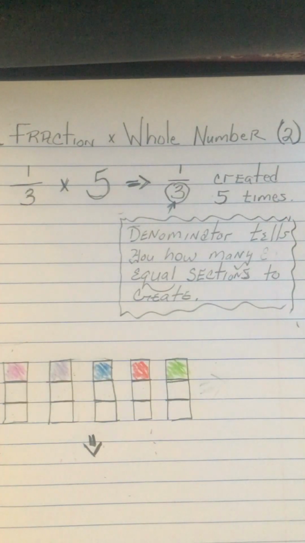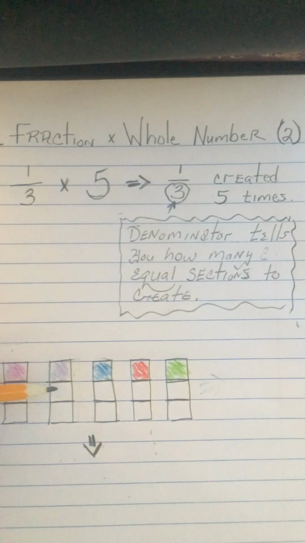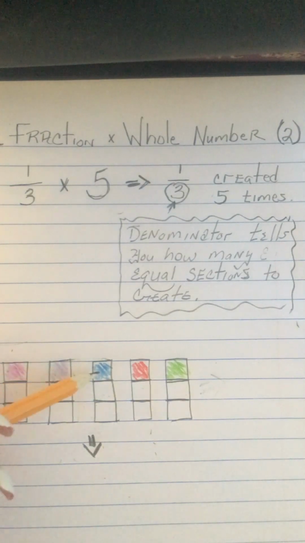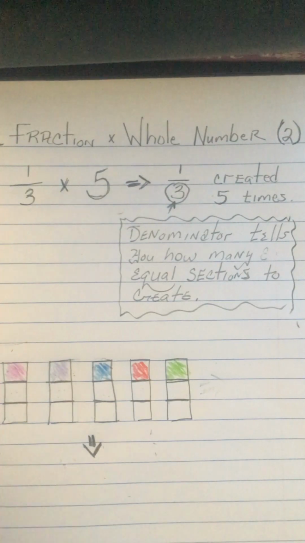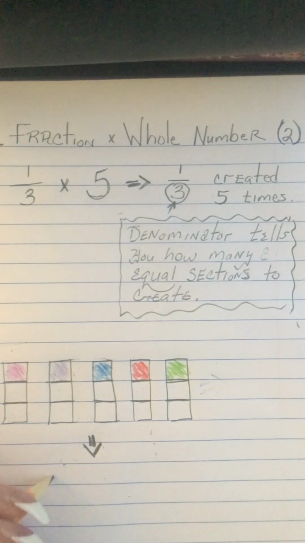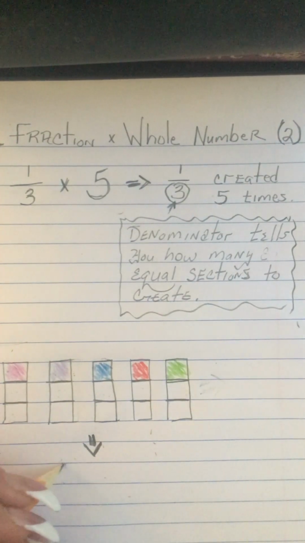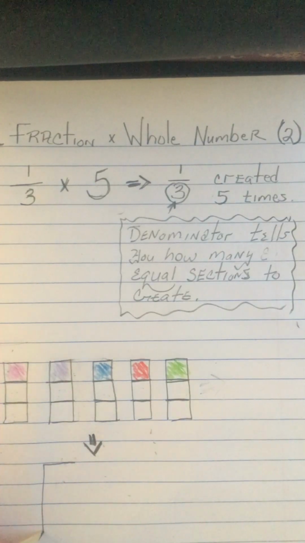So I have created 1/3, 1, 2, 3, 4, 5, and it is 1/3 because out of the 3 equal sections, only 1 is shaded. 1 out of 3. So when we want to get our answer or the product, we're going to combine our shaded areas. So I'm going to create another whole,